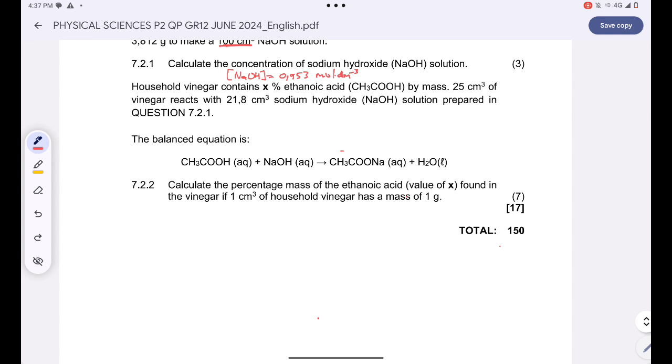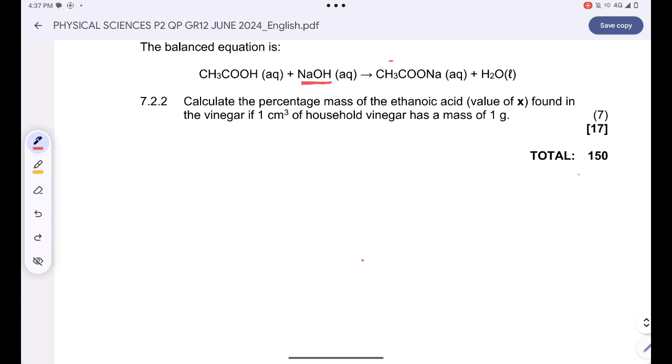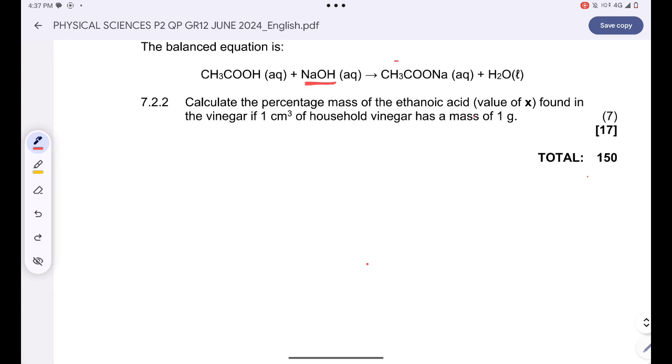I know that my base will only react with ethanoic acid in my household vinegar. So that means I can simply find out the amount which reacted with the base, because that would have been the ethanoic acid. Okay, there are 2 ways, guys, to do this. But the first way, I believe, is simple. Let's find the number of moles of our